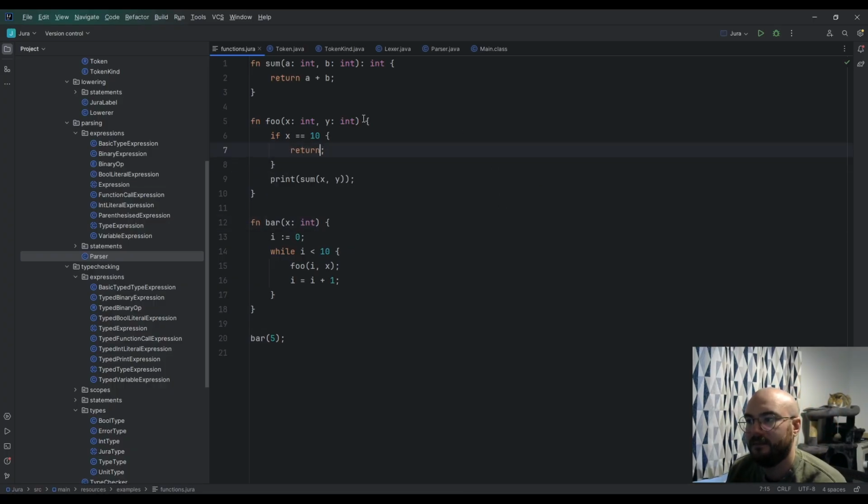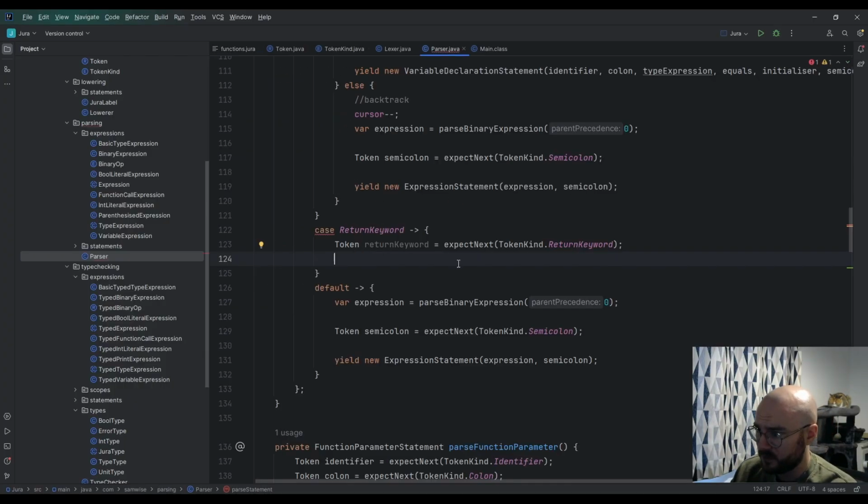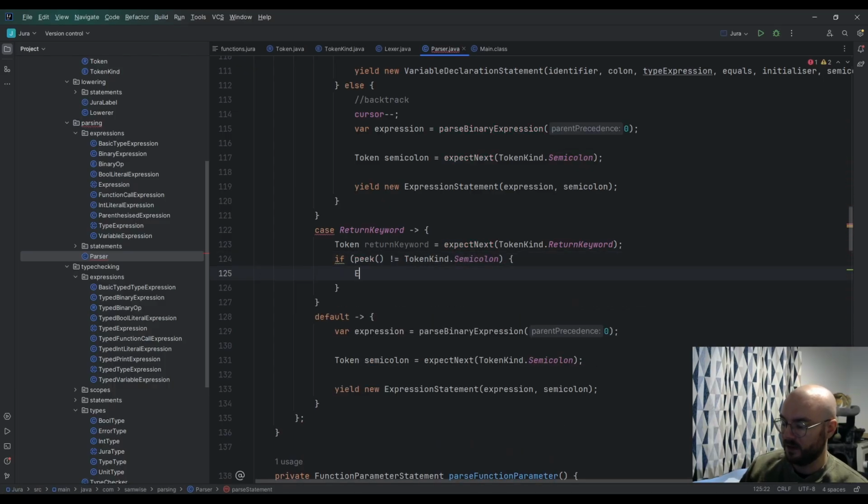And this is a void function, so it doesn't actually return anything, so this needs to be valid as well. So let's keep this in, so we can test both cases. So we have the return keyword. If we peek and it does not equal, excuse me, a semicolon,